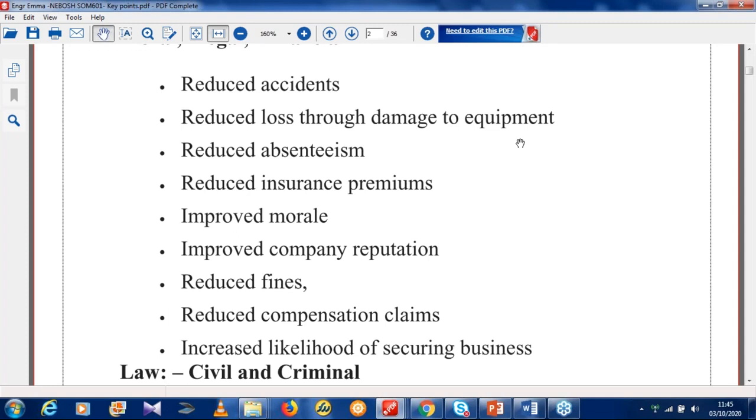The same thing happens when somebody happens to die in the course of duty. The family can take a legal action against such a company. So as an employer, what's expected of you? You're expected to ensure that the job or the task you are carrying